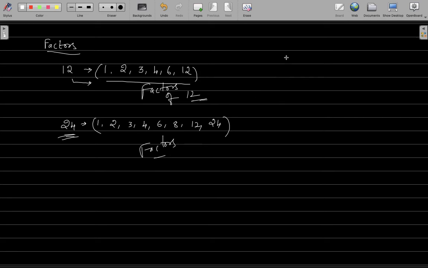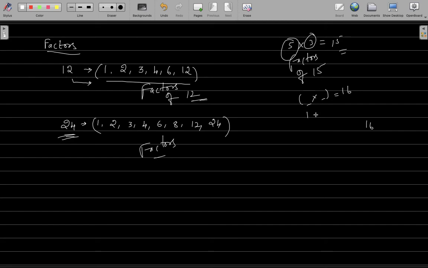In fact, in any multiplication, say I give you 5 times 3 is 15. So I can say in this case 5 and 3 are factors of 15. Okay, these 5 and 3, they are factors of 15. So if I try to put this definition in another way, say I want to find out the factors of a number 16. That means I want to find out all those values which when multiplied by some other number will give me the answer 16. Right? That is what we do.